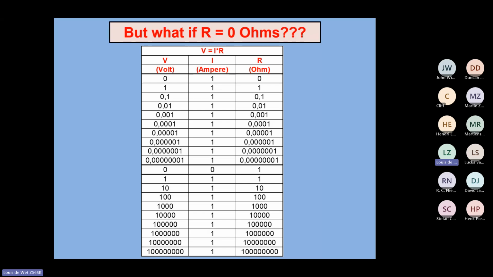And if you do the opposite, you take 1 ohm times 1 ampere, you get 1 volt. But if you increase your resistance, you get these high voltages. So 10 ohms times 1 ampere gives you 10 volts. And 100 ohms times 1 ampere gets you 100 volts. So just take note of this. This is just a theoretical thing I'm showing to you. If somebody starts telling you 0 ohms and so on, just be on the lookout for that.